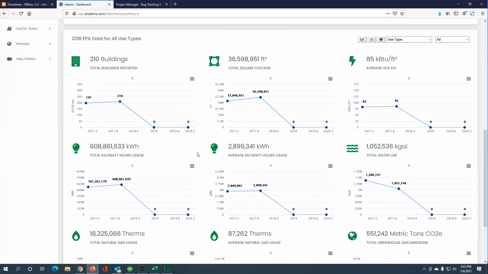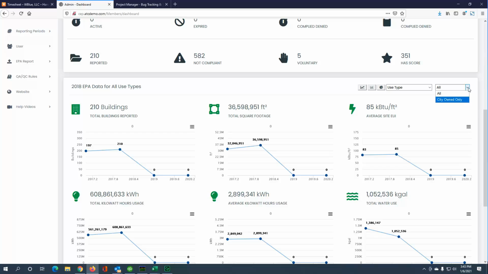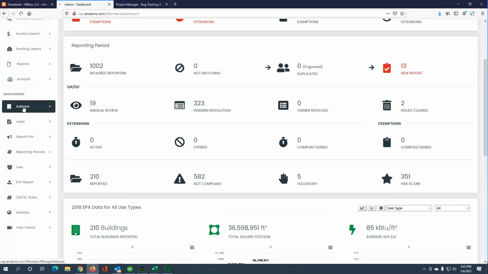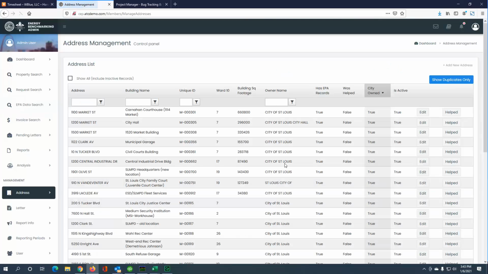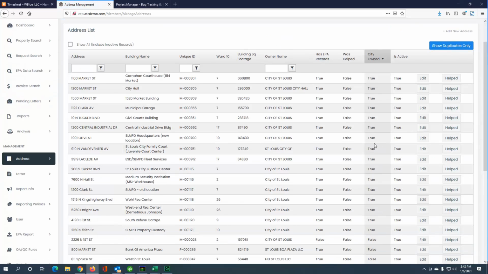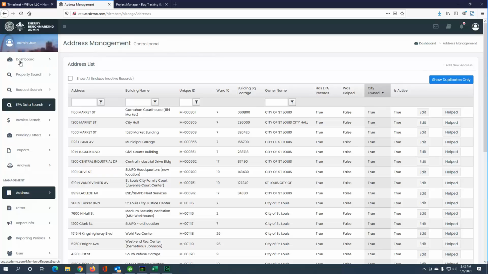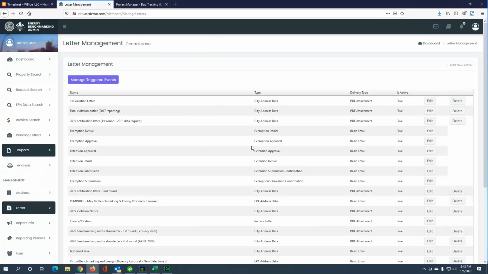So we've got the charts and graphs here. Rajiv, we entered the city-owned year 16. You can find them here. The graphs don't work for them right now, but you'll be able to pick them here or from the address group for city-owned. So right here, you can filter here the 16 properties for the city right now. This is all on the demo site. Let's see, we don't have the template in here yet, but it's coming, and the preview, so that'll all be in letters. But I guess the big question is to let me know how the columns look in the analysis section,